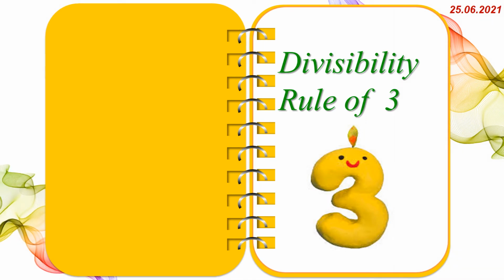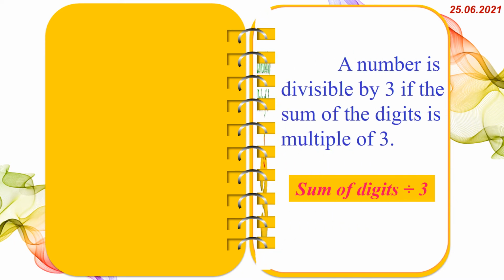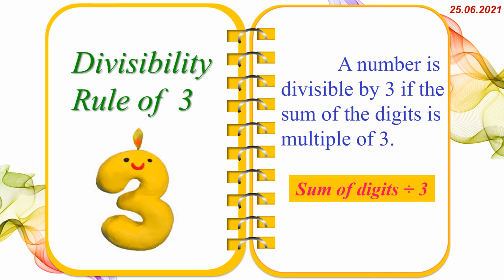Next, the divisibility rule of 3. A number is divisible by 3 if the sum of the digits is a multiple of 3. For example, there is a given 3 digit number. Now we want to add every digit. If its sum is a multiple of 3, it means the number is divisible by 3. Okay children,